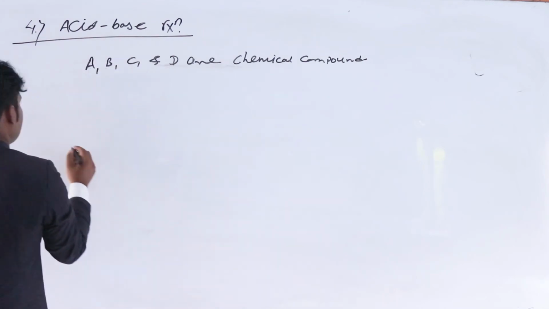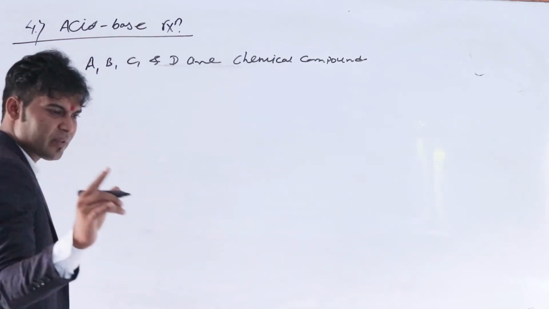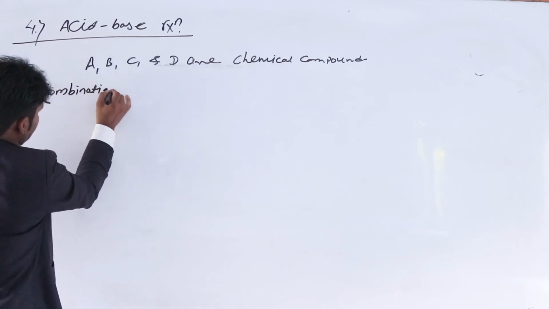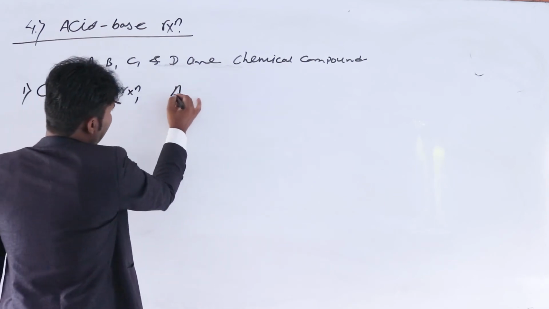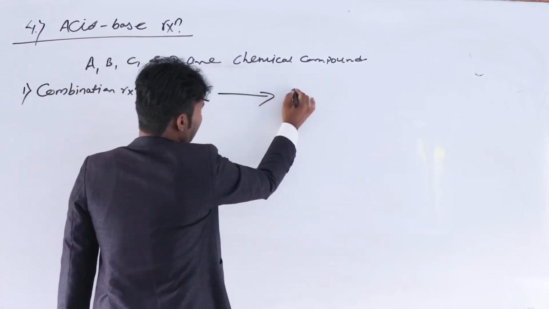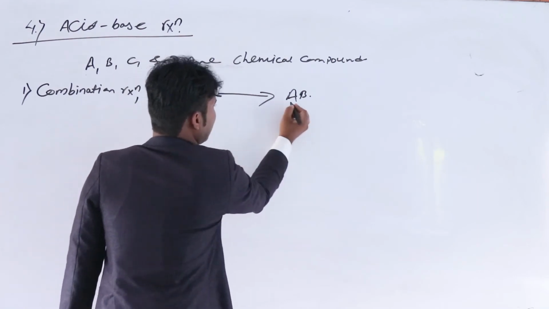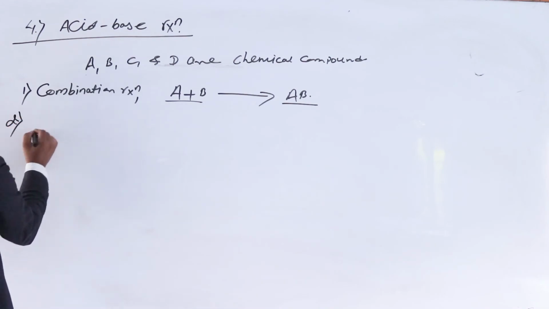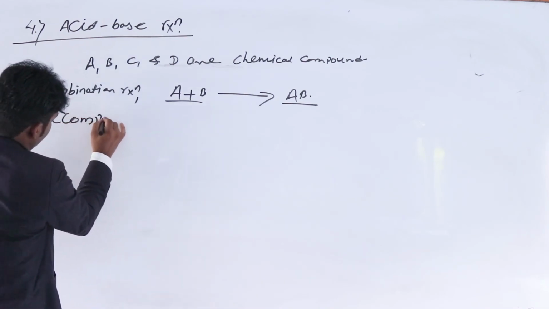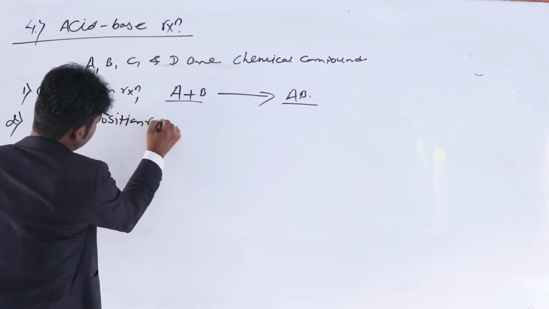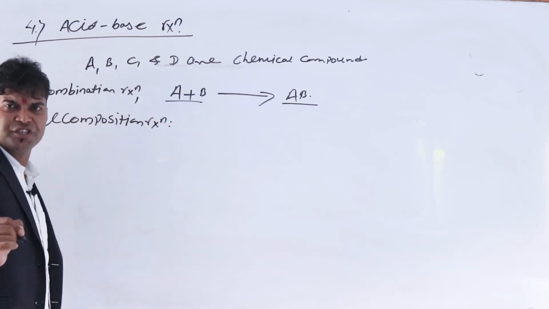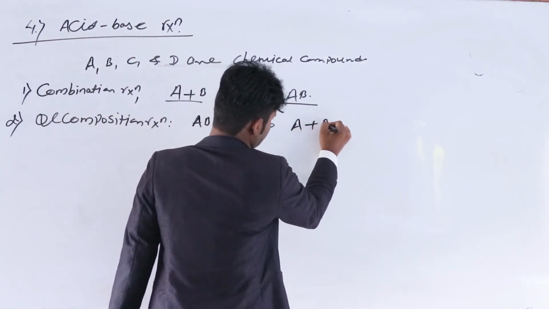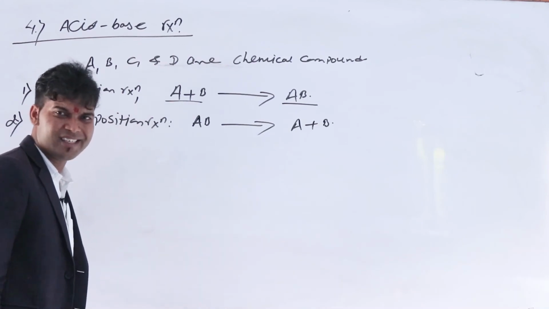In that case, number 1, we will discuss the combination reaction. If A plus B gives AB, when two reactants combine to form a single product, it is called a combination reaction. Number 2, decomposition reaction. AB reacts to give A plus B. It is called the decomposition reaction, isn't it? Number 3,